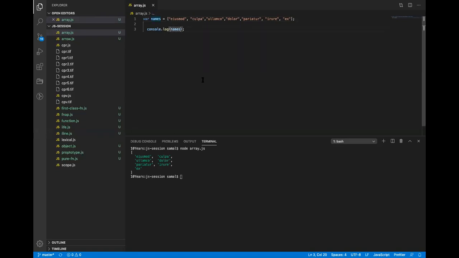So if you want to read a specific index, how will you do that? How do you read data from an array? From index, by using index notation, right?